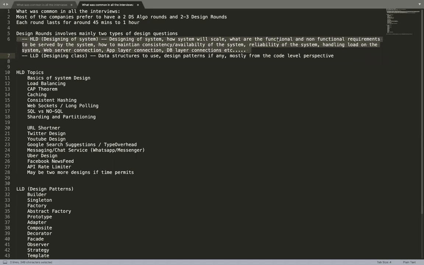Once you go through 5 to 6 designs, I'm pretty sure that you will feel confident and understand that designing a problem is not very difficult. Again, no design in general is considered right or wrong. It's just a bad or a good design. So we need to come up with a good design, and for that you need to know the various parameters to be considered while designing any system. That is what we'll try to cover as part of this course. So I hope I've answered your question.